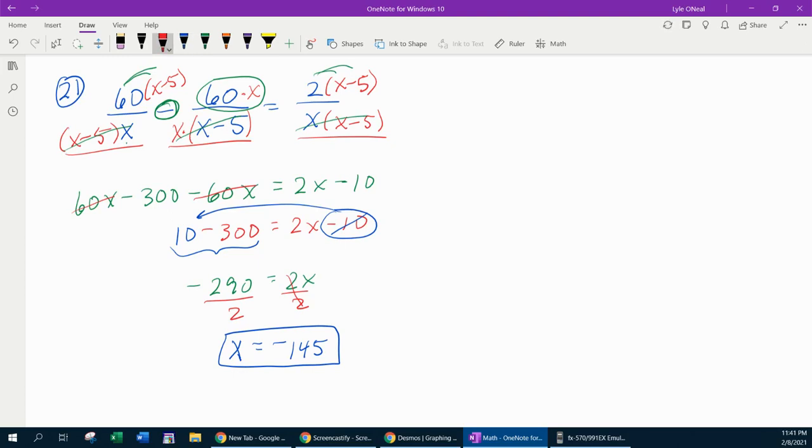Oh my gosh, I just noticed I forgot to do step number 1 again. Holy cow. Okay, so let's go ahead and list the restrictions and see if this answer violates any of the restrictions in the original equation,